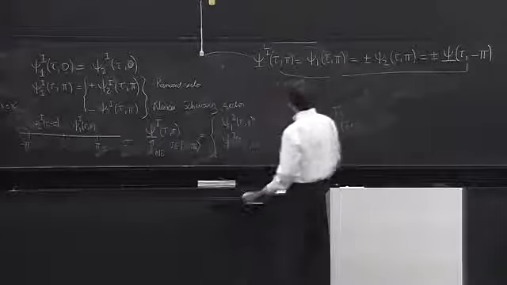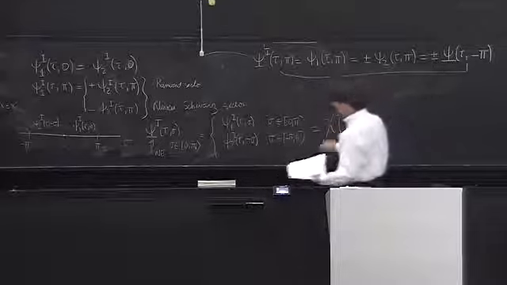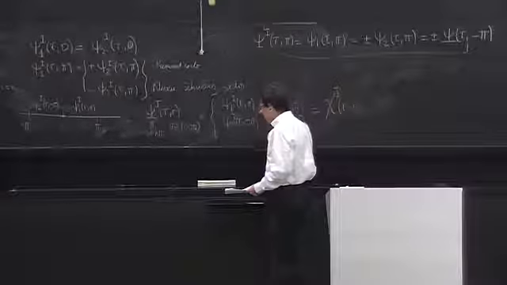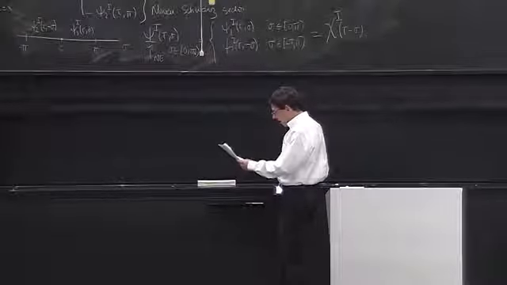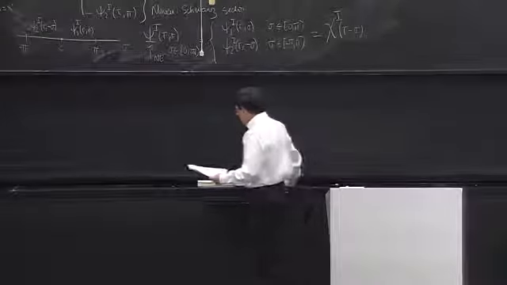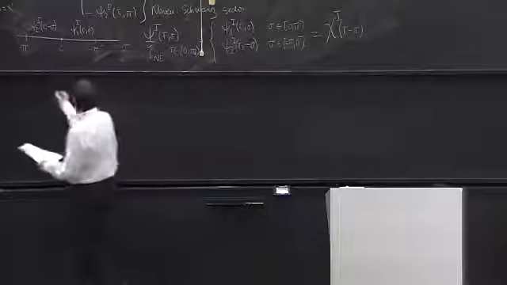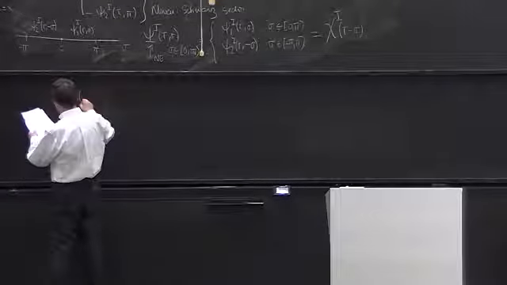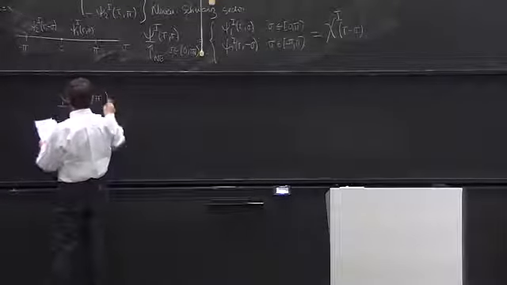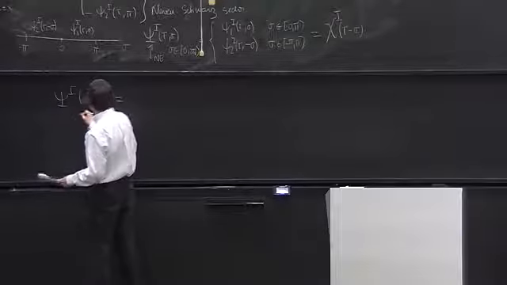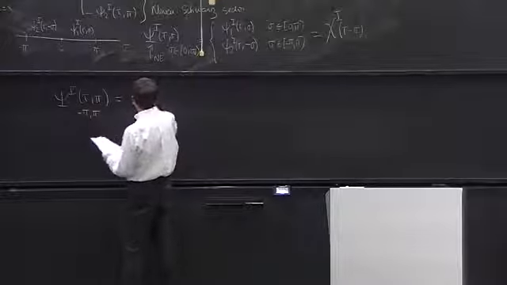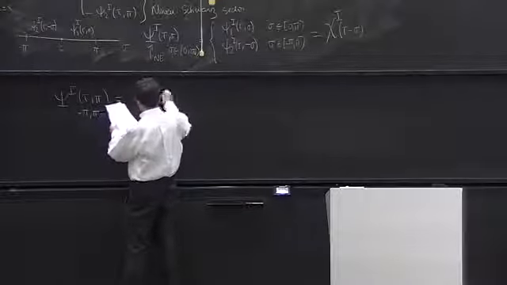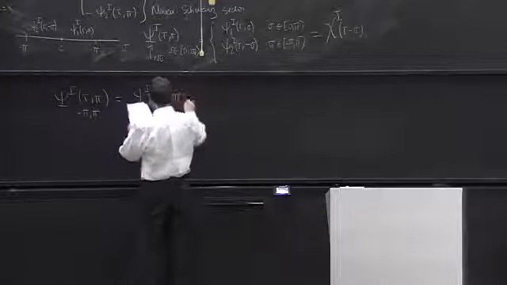So at the end of the day, and it's the last line I'm going to write, but it sets up well for tomorrow, psi I of tau pi, this field that lives from minus pi to pi, is equal to psi I of tau minus pi,